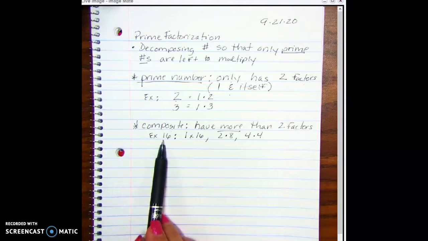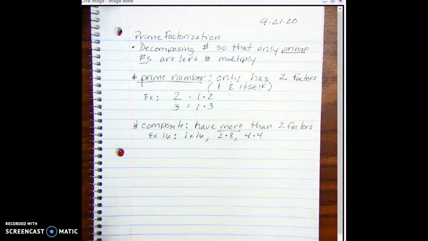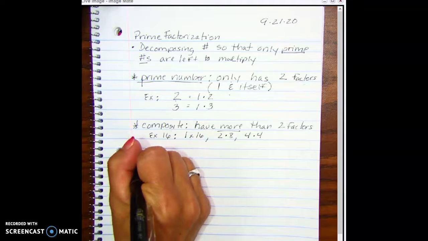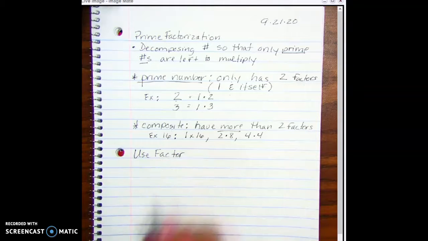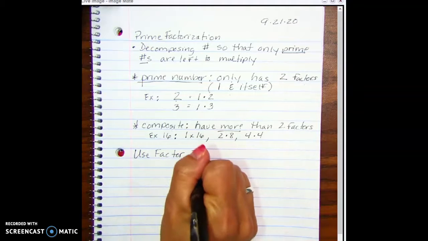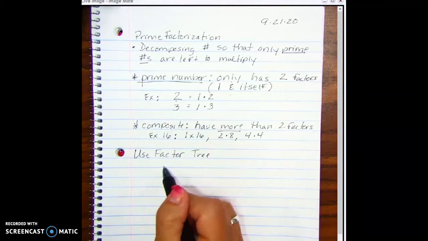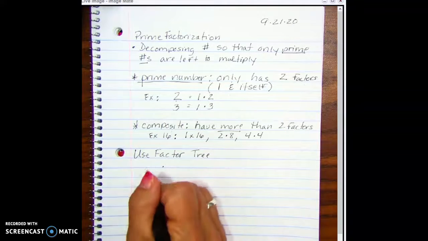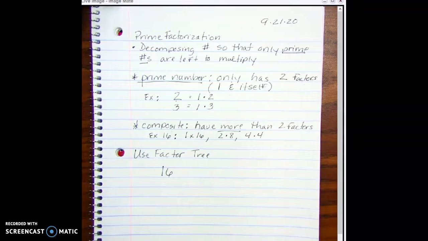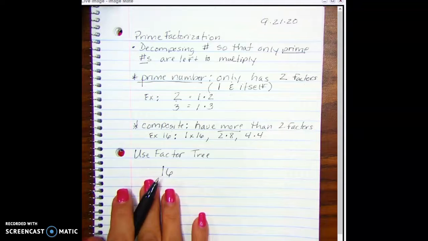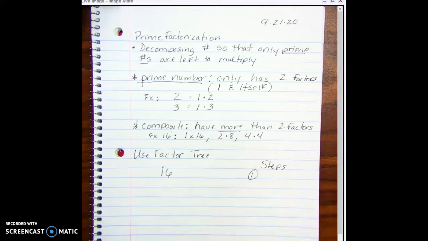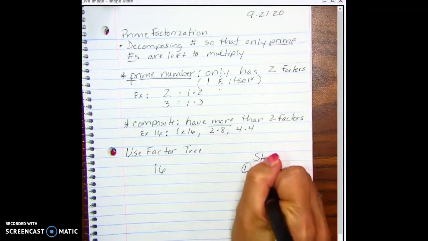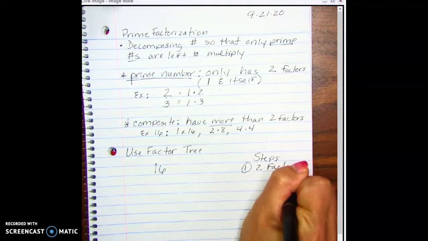Well, we would like to take 16 and prime factorize 16. So how do we do that? Well, first off, we use a factor tree. It's an upside down kind of tree in a sense. It is like a Christmas tree. It's going to start small and then we're going to work down. So our number is 16. While we're working out 16, we're going to write our steps over here because you know I'm such a fan of that. So the first step is to find 2 factors of that number,